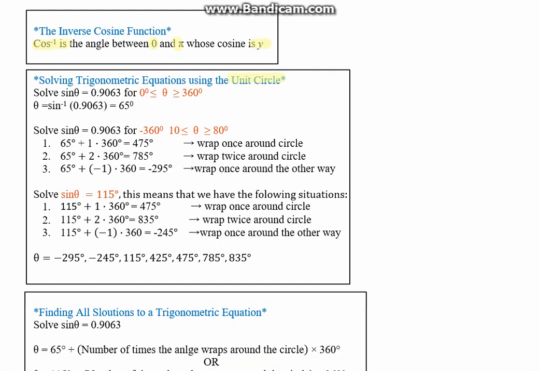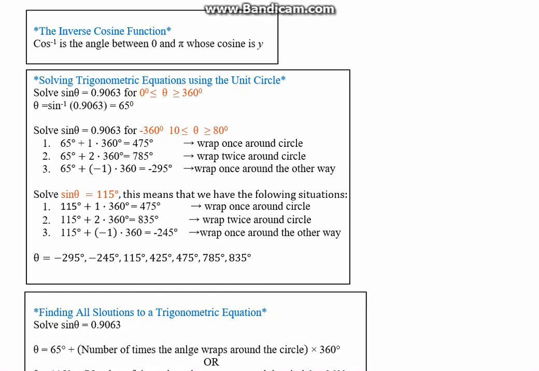0.9063 for when theta is bigger than or the same as 0 degrees, or smaller than or the same as 360 degrees. We're going to use the inverse function like this to find theta, and we're going to be given 65. So basically this is just numerical, like algebraic, using what's given, using the inverse function. But what they're saying is that we can use the unit circle to